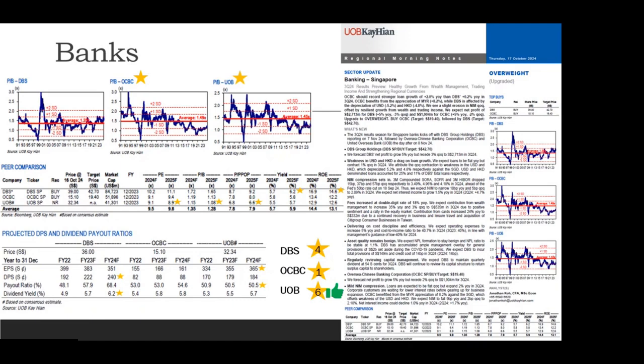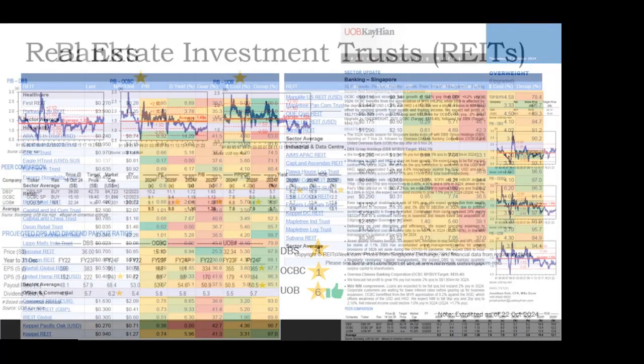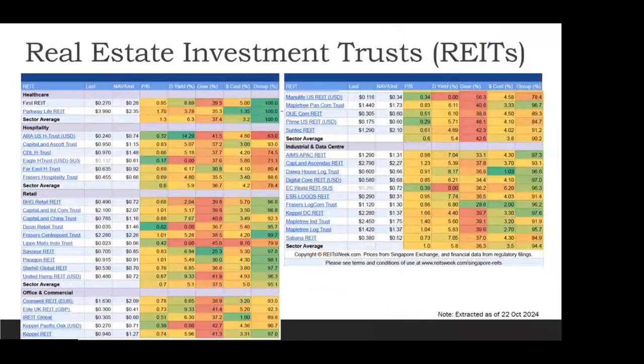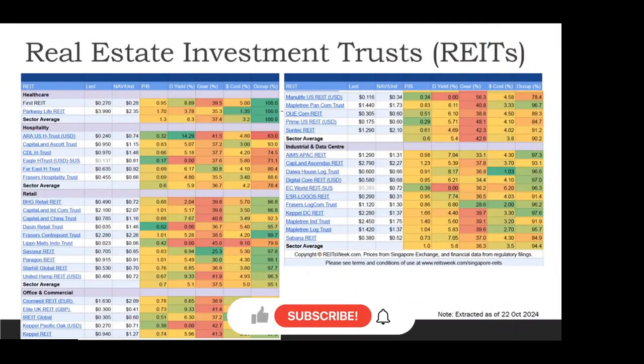Okay, any other questions for banks? If not, I'll move on to REITs. I think we are running a bit short of time. Okay, so for REITs, I will just go through this very quickly because I would recommend you all to